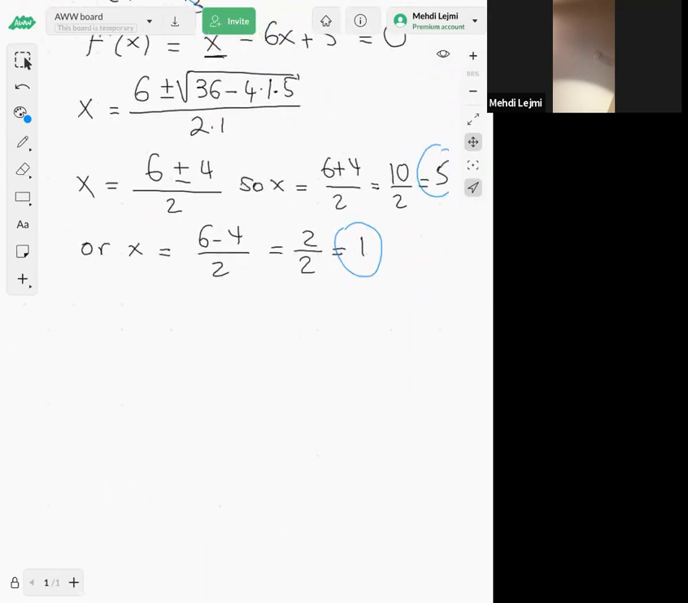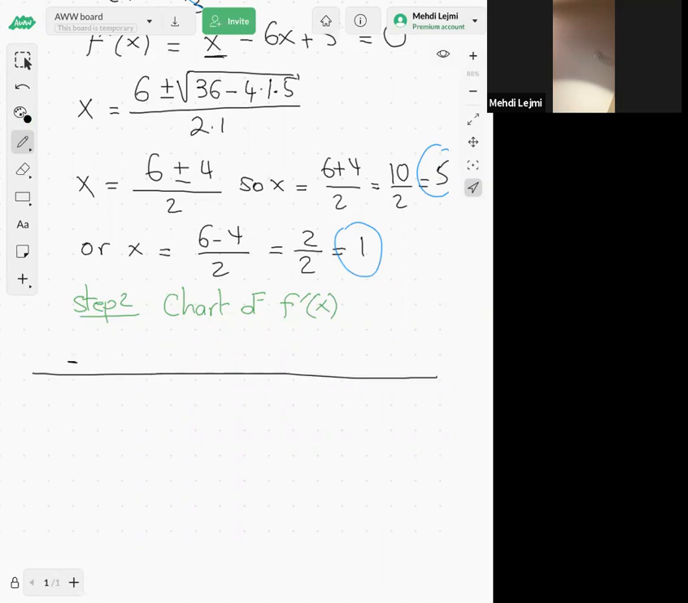Step number 2, the chart. The chart of f prime of x. So you have your number line. You know, this is negative infinity, this is positive infinity, and on this number line, I'm gonna put my solutions. So I have positive 1 and positive 5, right? So here's my positive 1, and here's my positive 5, and then of course